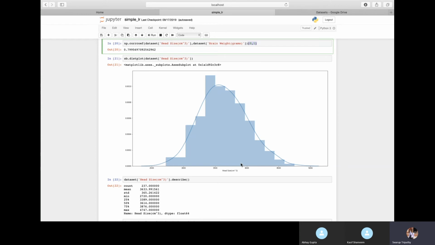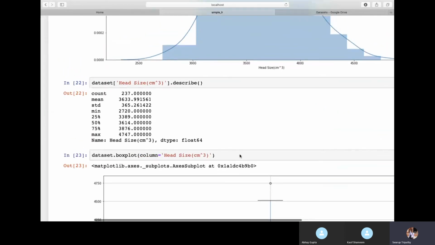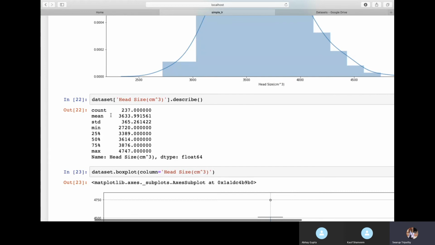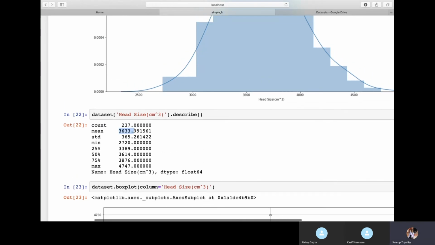But now, to find out more details on this data, I'm doing describe on that. So the next one I'm doing is dataset.describe. In describe, it tells me the mean is 3633 and the median is 3614, so both are very near. If the mean and median are very near, it means the data is very close to a normal distribution. If they are very far apart, that means the data is highly skewed. But here also the data is a little bit skewed. It's not exactly the same, so the data is skewed to some extent, but it's less.